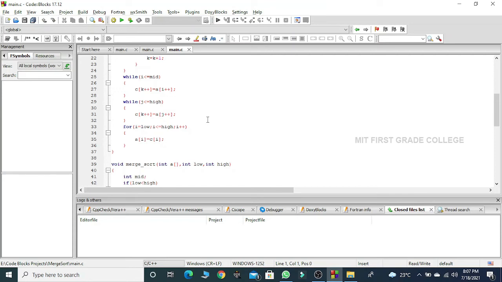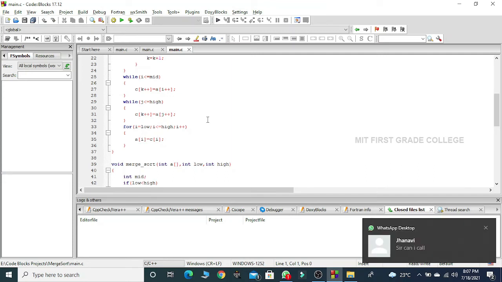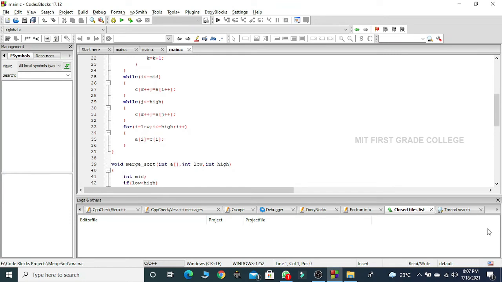Once this is done, I check if my j is less than or equals to high. If that is the case, that means the second part of the array is left out with a few elements. I assign a of j to C of k, incrementing j and k.